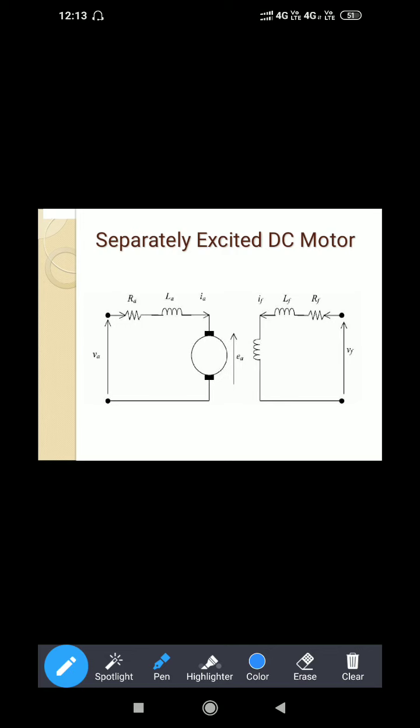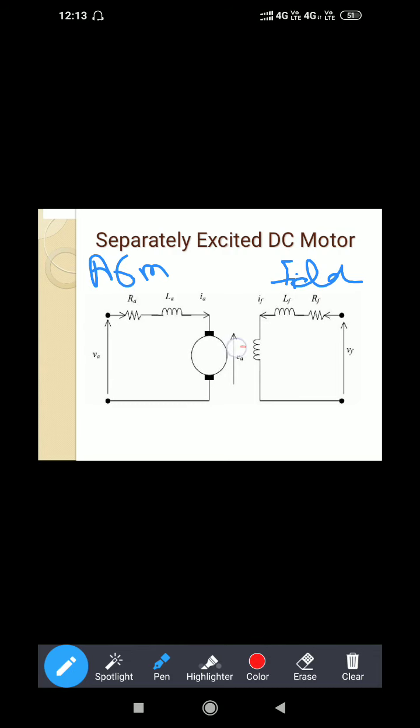Like here we have the field winding, and here we have armature winding, right? To the armature winding we are giving the separate main supply, and we are exciting the field winding with another auxiliary supply. So here in this circuit diagram, the